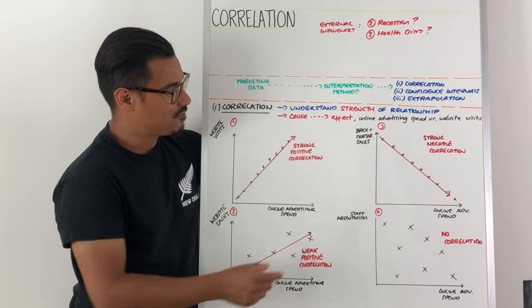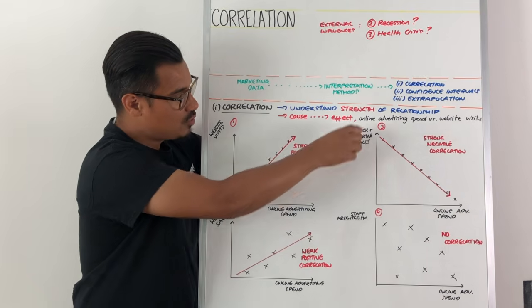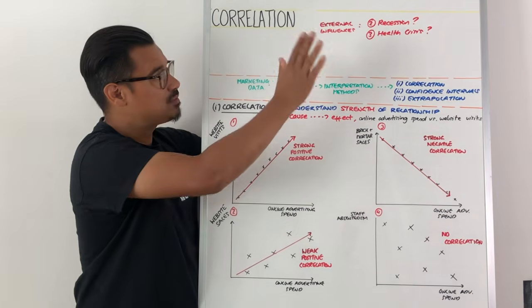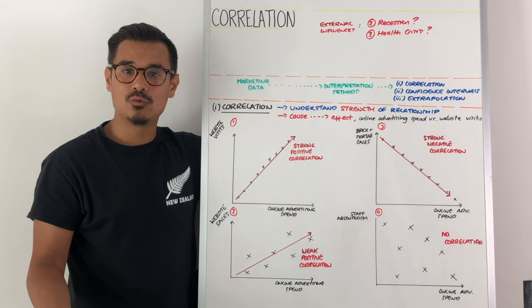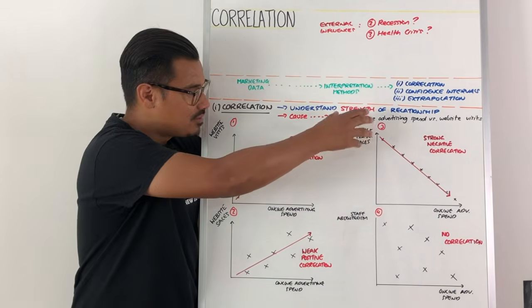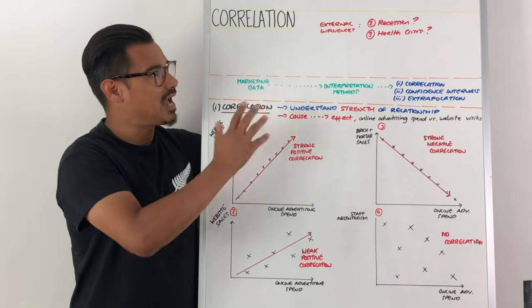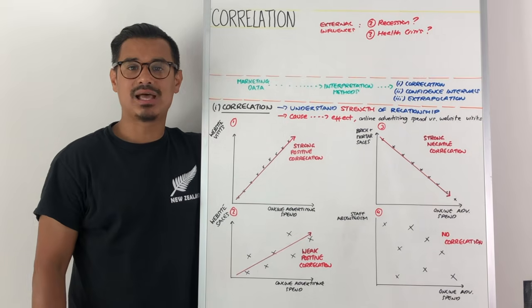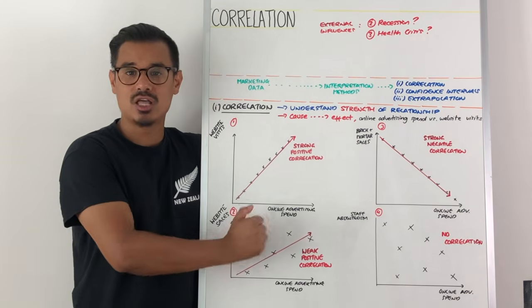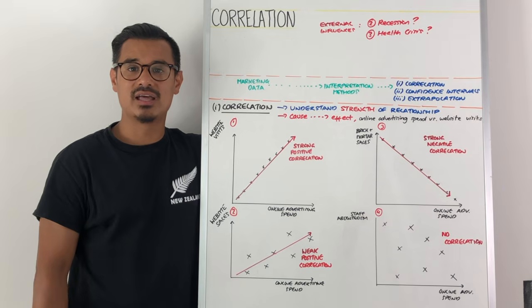Or in the case of number 3, maybe the reason why you've got lower brick and mortar sales is because actually there's a health crisis and that's preventing people from being able to shop in a physical environment, and therefore that's why it sells. So you could actually have other things that could impact this relationship, so you could clearly always use that as an evaluation point that maybe there's this third or fourth external factor there that's not being